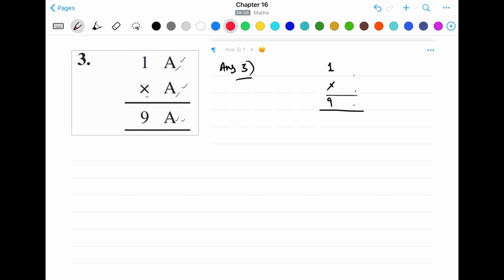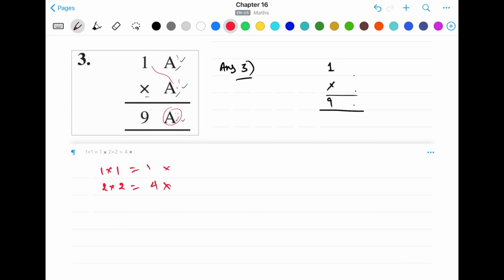Now what we have to do is, this A multiplied by A gives the result as again A. Suppose we multiply 1 into 1, we get 1. So if we choose A to be 1, then 1 into 1 will give us 1, then 1 into 1, this 1, we are not getting 9 here, so it means A is not 1. If we take 2 into 2 is 4, we are not getting the same digit here. So this cannot be the number. You can take 3 into 3, you will get 9. Again we are getting a different digit. That means when we multiply these two, we again should get the same digit. We are getting the same digit in case of 1, but that is not satisfying this sum.